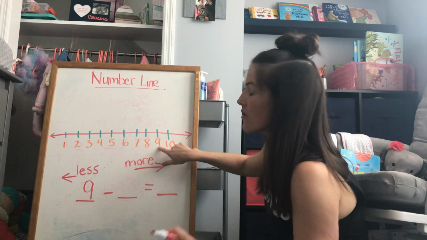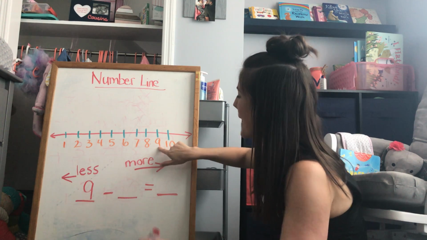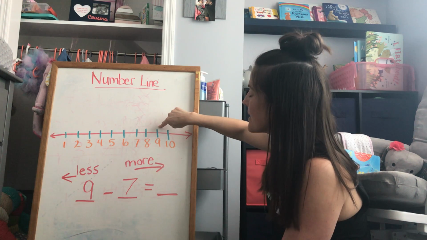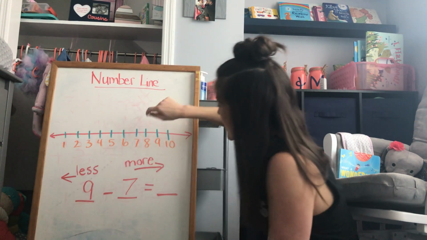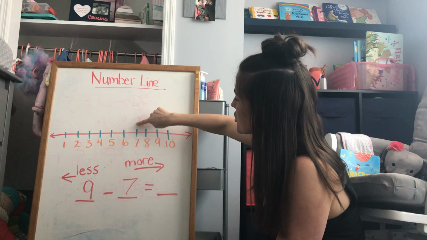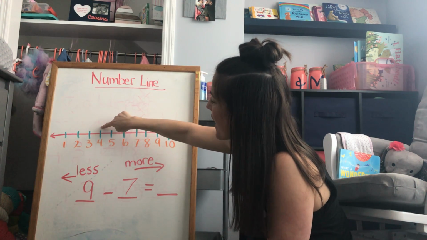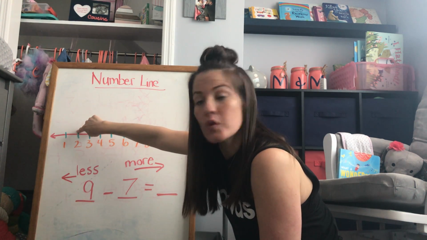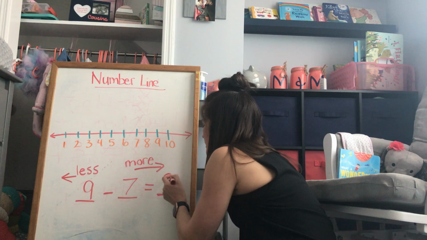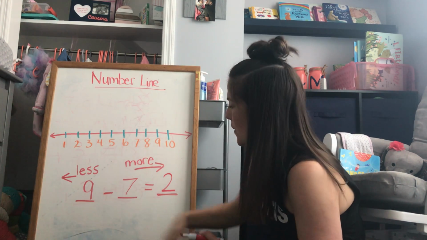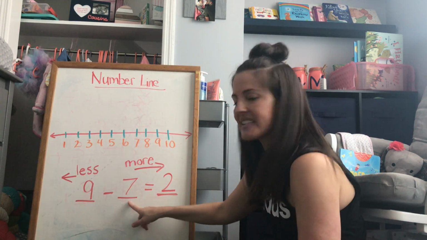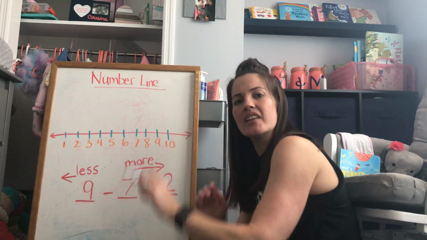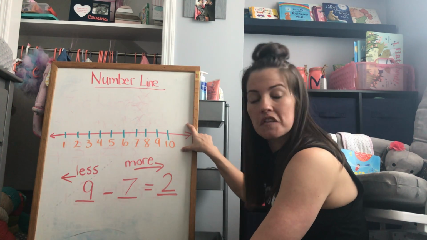So let's start with, I'm going to do 9. So I would start out here on the 9. I want to hop back 7. Okay, so I'm on the 9. I'm subtracting, so I'm going to travel backwards. Here we go for 7. 1, 2, 3, 4, 5, 6, 7. Where'd I end up? You should be saying 2, 2, 2, 2. I ended up on the 2. So my answer is 2. 9 minus 7 equals 2. Could I draw a picture and cross out 7? Absolutely. But this is the strategy for using your number line.